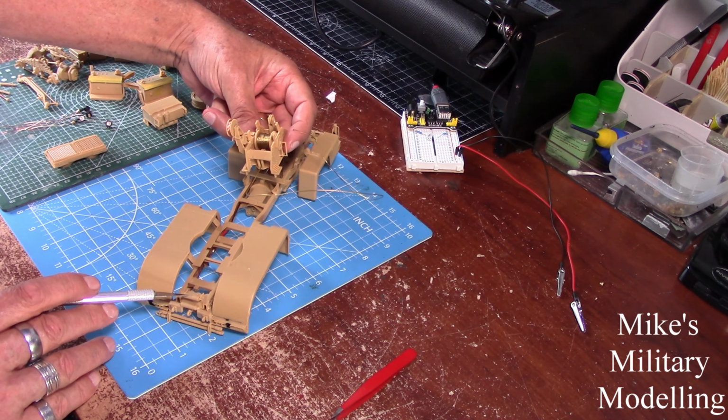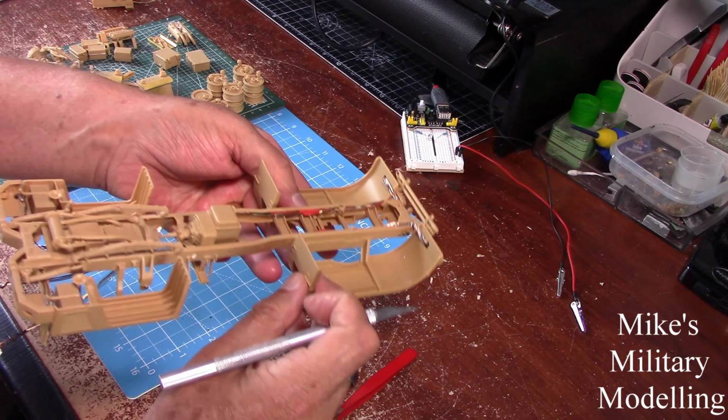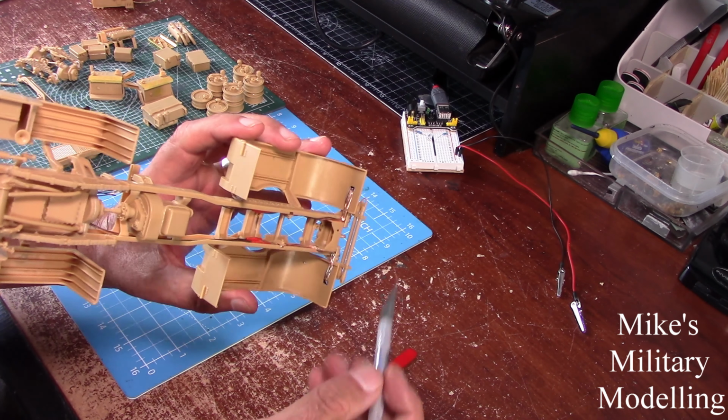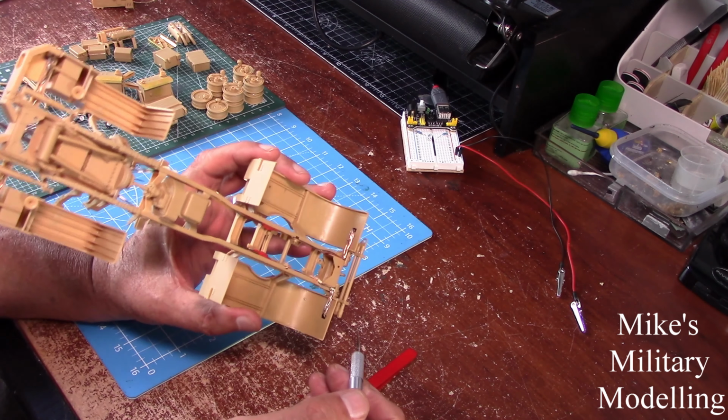They all work, and I'll put the glass in when it's finished. There's a lot of wires. I'm sure that if you're going to do this you'll be interested. If not, skip forward. There's 4 lights on each side. That means you've got 8 wires on each side,